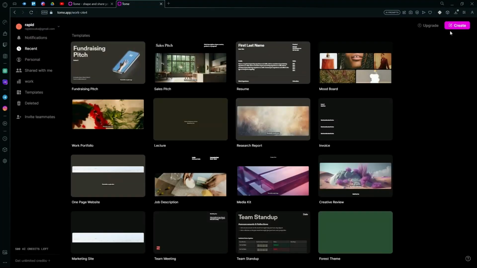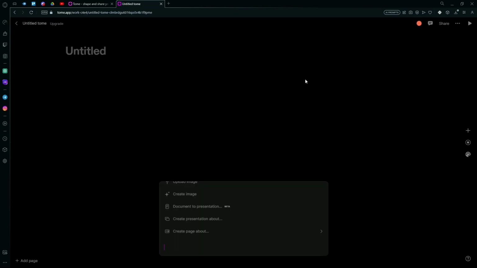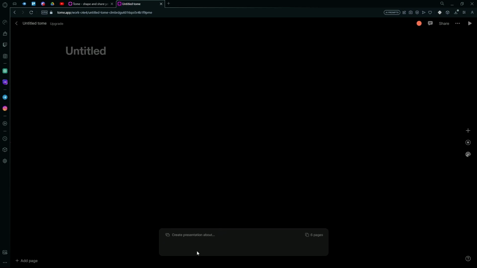On the top right of your screen, hit the create option. And over here, you can choose what you want to make. If you scroll all the way down, you'll find a create presentation option. Over here, just type what you want to make the presentation about. For example,